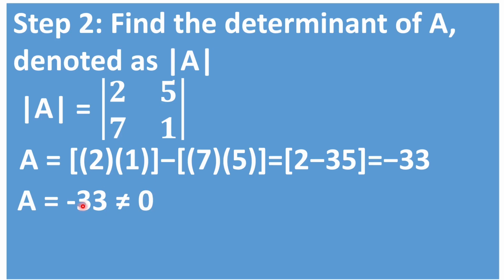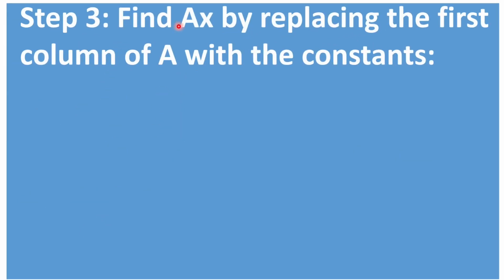Please remember, if the determinant is equal to 0, then it means that there is no unique solution for the variables x and y. If your determinant is equal to 0, then you cannot solve this by this method. So this must not be equal to 0. So it means that it is non-zero, and we can find the solution. So let's move forward. In the next step, we will find Ax by replacing the first column of A